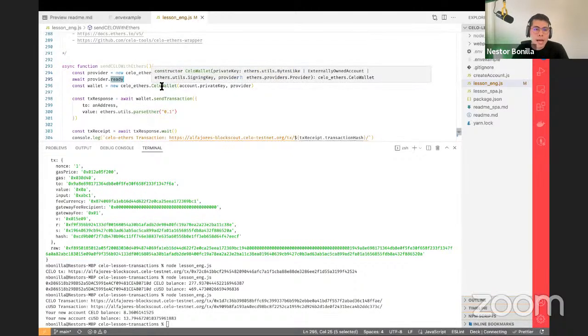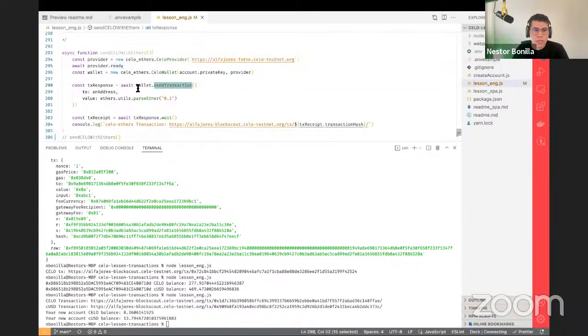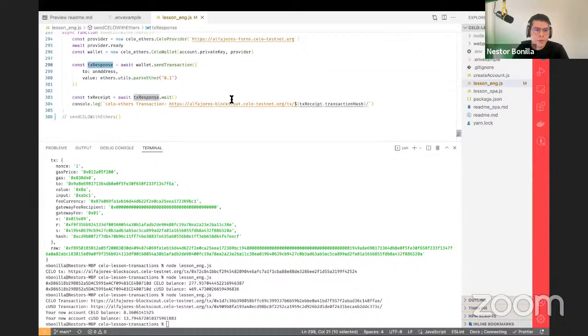Okay, so now we have our wallet, and then we can use that object in order to send a transaction. In this case, we are going to send to an address which we defined before, and we're going to pass 0.1 Celo. Once we have that, we're going to wait again because that needs to be minted in the blockchain.